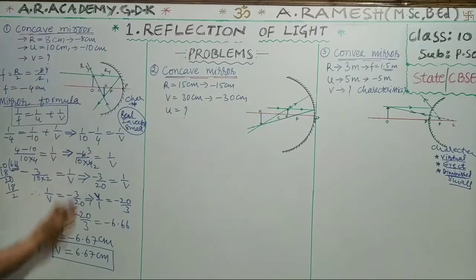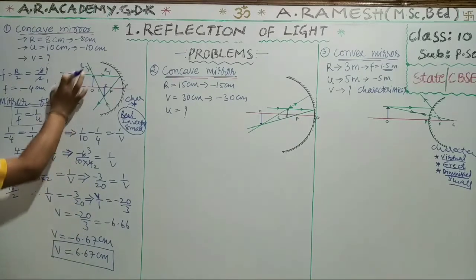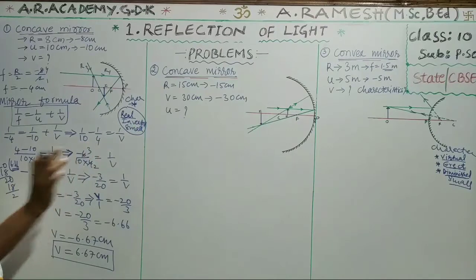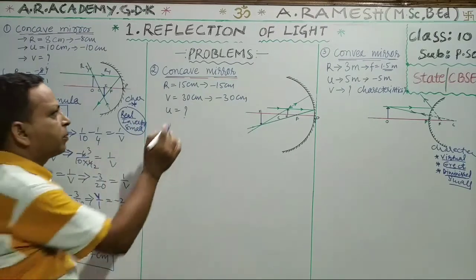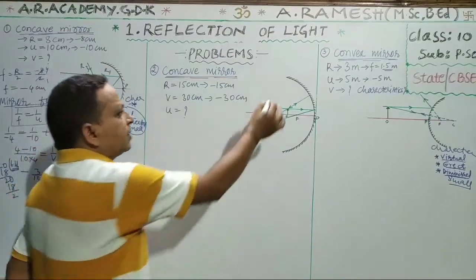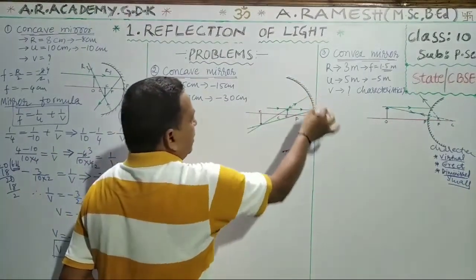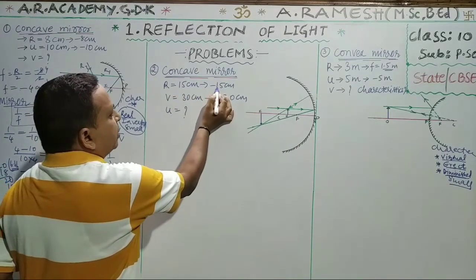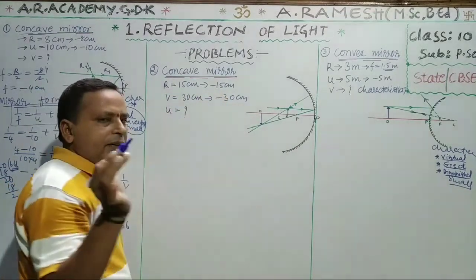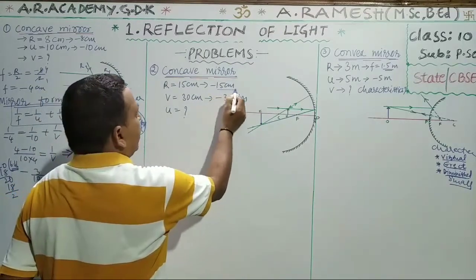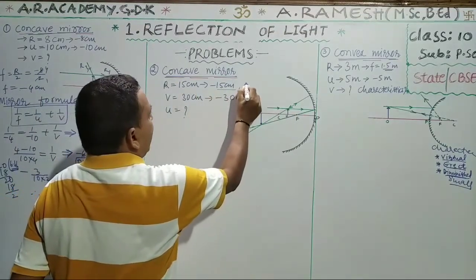So in this problem we calculated the image distance and estimated the characteristics of that image. We will go to the next problem. This also belongs to concave mirror problems. This is a concave mirror, and here the radius is also given. So we took it as minus, because while measuring we take from the pole, opposite to the light direction. So minus 5 centimeters. From this, you can calculate f.